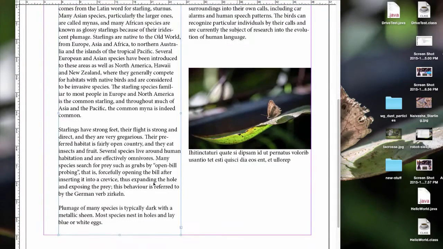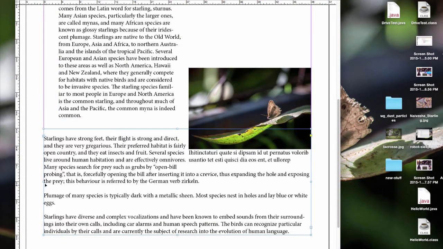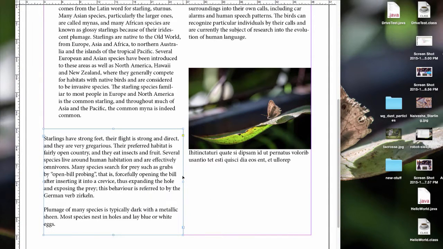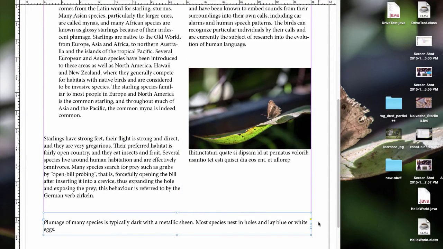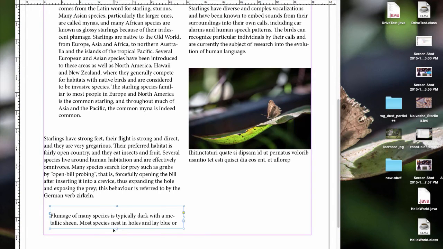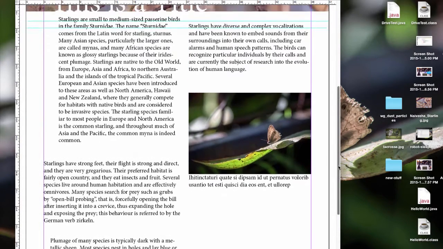So I've got a paragraph there, but I could instead move this up and have another paragraph here. And I could shrink that down and move this up because I've got another paragraph there. And I can make another one. And so now I've got that little paragraph there. And so let's make this a little bit bigger. And there we go. So now I've got paragraph, paragraph, paragraph, paragraph. Now this has a lot of issues too,